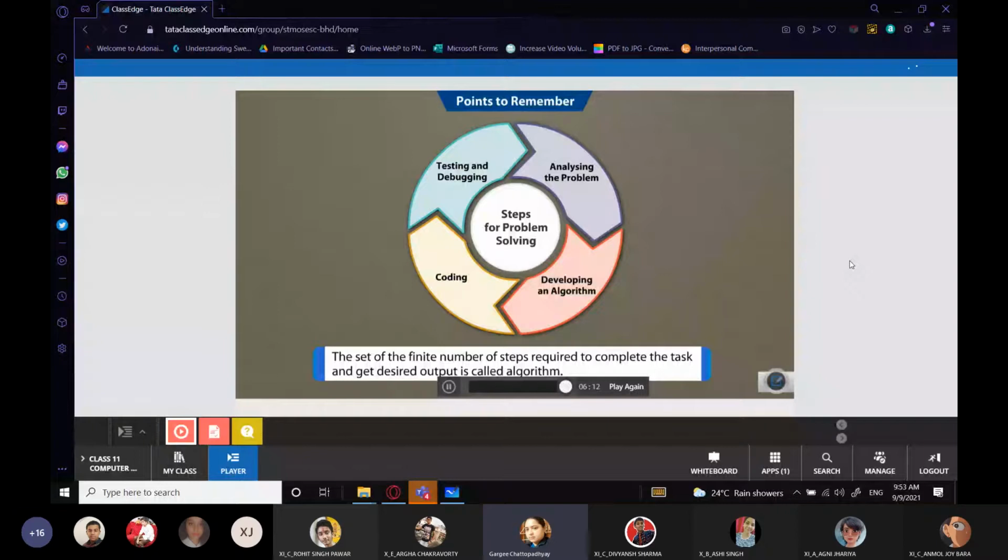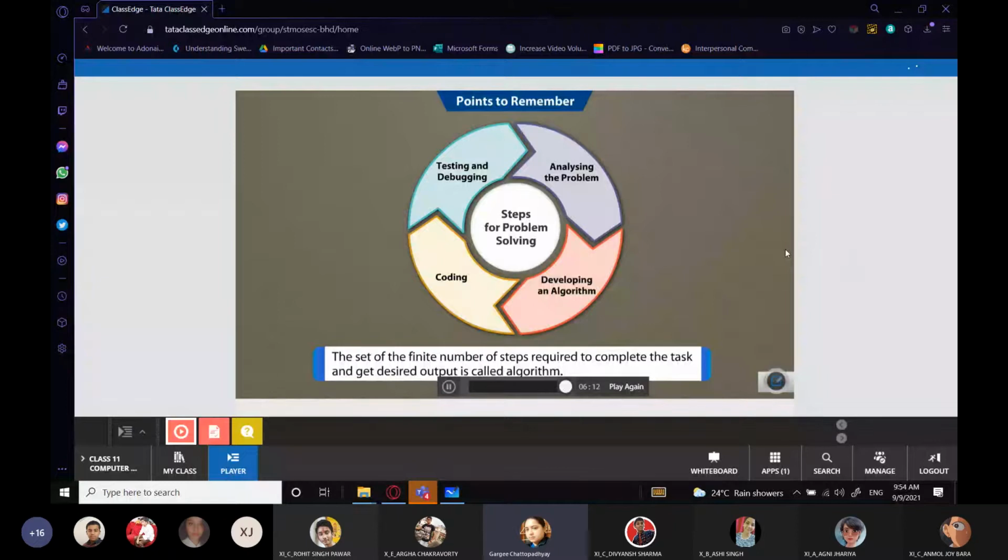So that is why we always start with a problem. We need to have a question, which is our problem in question right now. And once that problem is there, we try to find a solution to that problem. So how do we find a solution to the problem? We need to first figure out the solution ourselves. Like if I were to solve this problem, what kind of solution will I apply?